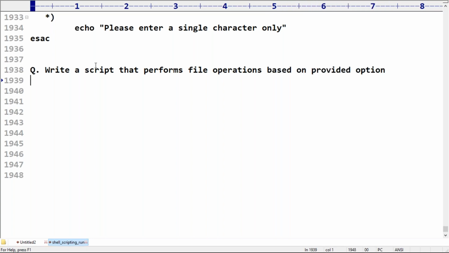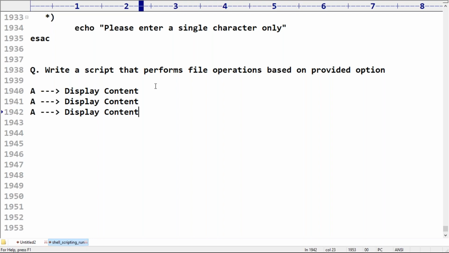Now my requirement is, sir, observe, write a script that performs file operations based on provided option. What my requirement is very simple, sir. If you press a, my requirement is display content. This is my requirement.